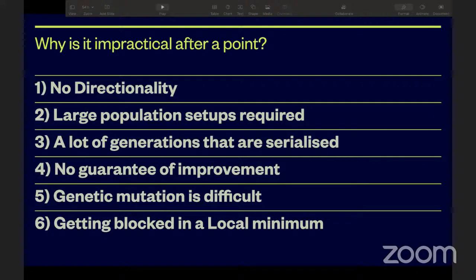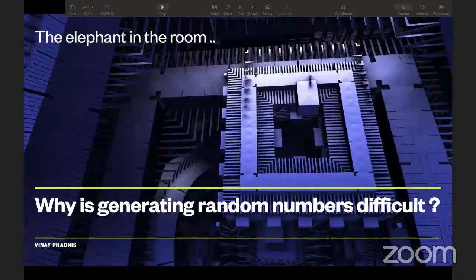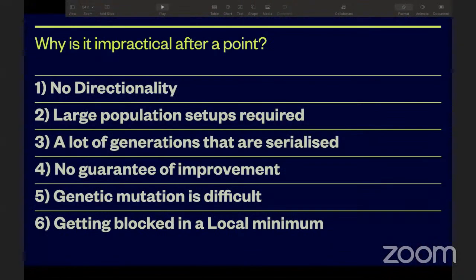But at the same time, somewhere we know that this is the ultimate toolkit required to come to a solution, because that is how we have been surviving for millions of years. It is in a way mimicking nature, and nature is the longest surviving entity, as I would say. So let's look at what we can do to get genetic algorithms back to the mainstream.